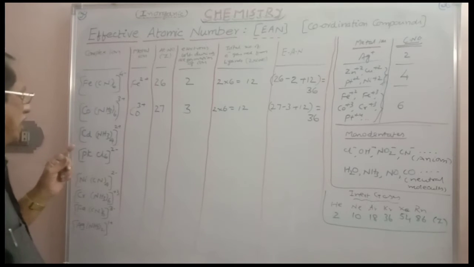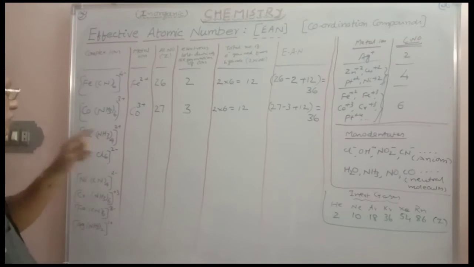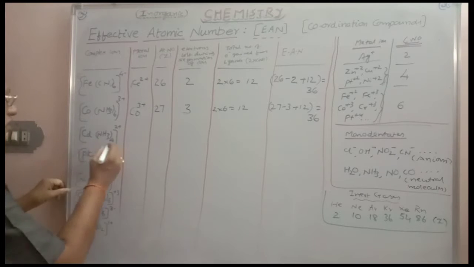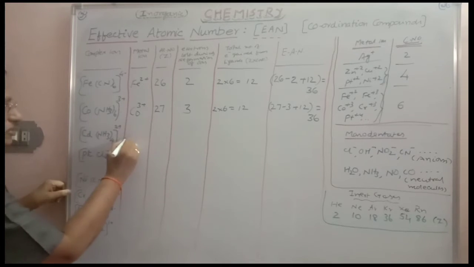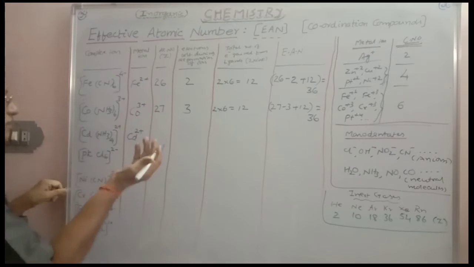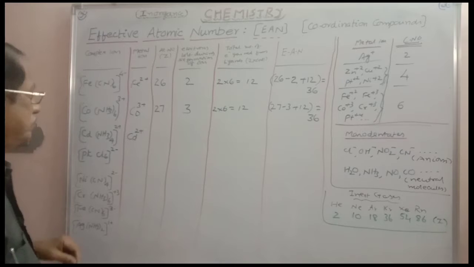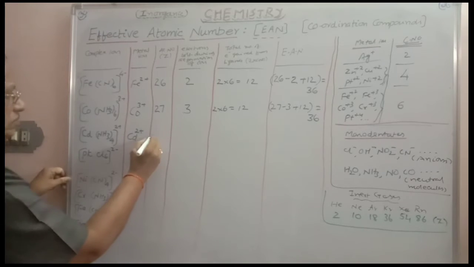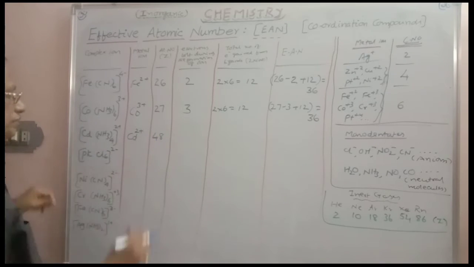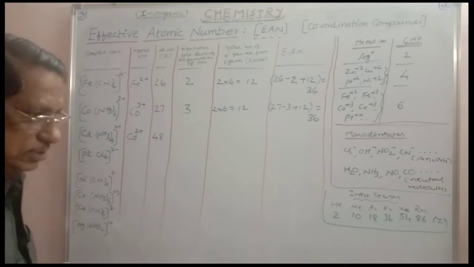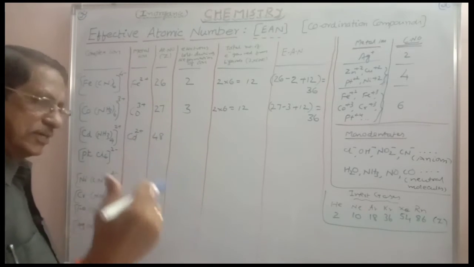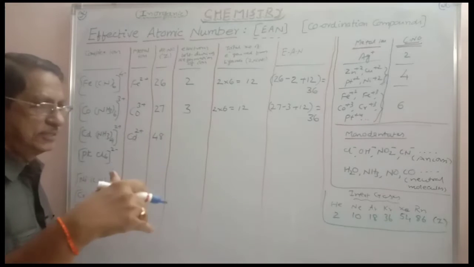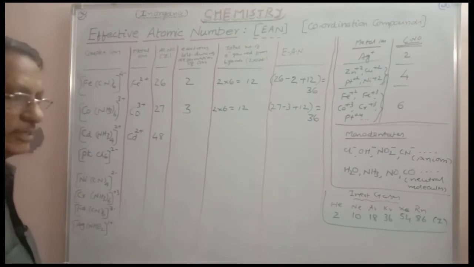Next, let us take the cadmium complex, tetraamminecadmium(II) ion. And see here, X plus 0 is equal to plus 2. Therefore X is equal to plus 2, so it is Cd2 plus. This is the cadmium ion. What is the atomic number of cadmium? 48. Zinc, cadmium, mercury: 30, add 18, 48. Add 32, that is the mercury atomic number, 80.